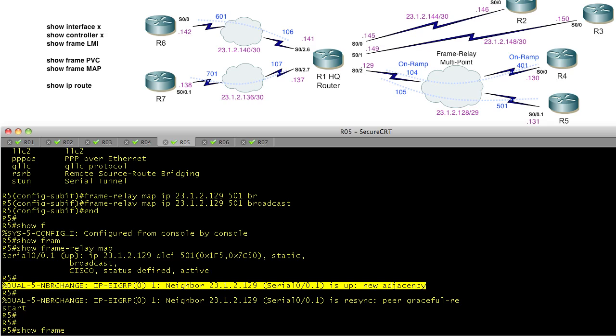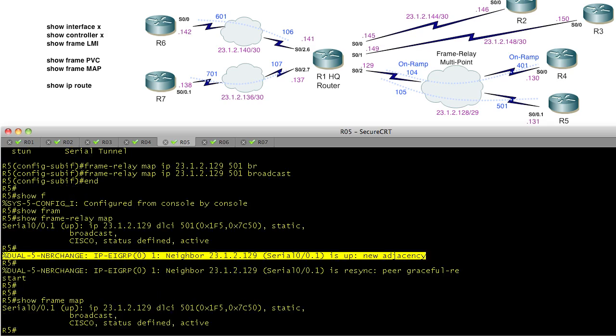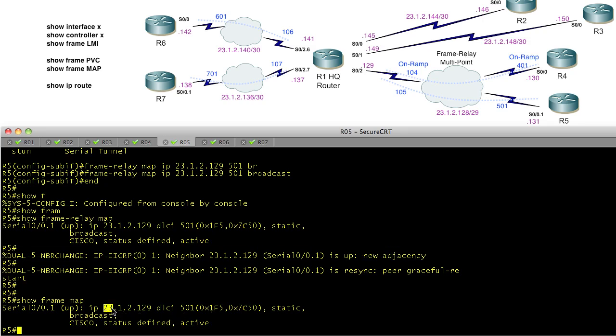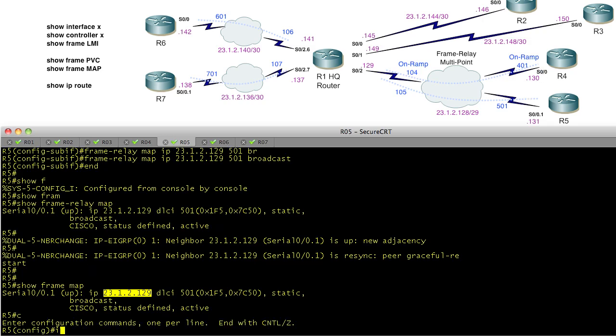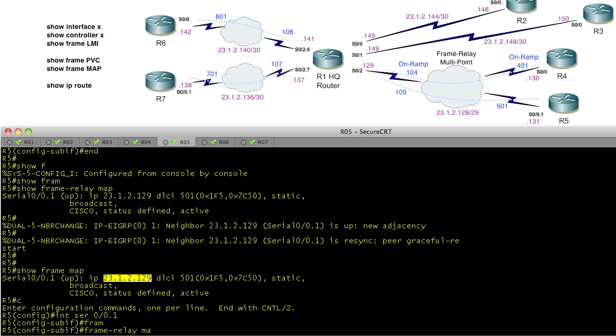Show frame map. There's our Frame Relay mapping. R5 says, I know how to get to one specific IP address on the 23.1.128 subnet, and that's this guy because of the map. So if I want R5 to be able to respond to R4's serial interface, I need to add one more map. So here we go to our multipoint subinterface, and we're going to do a frame-relay map for the